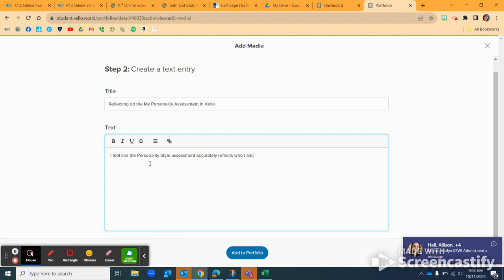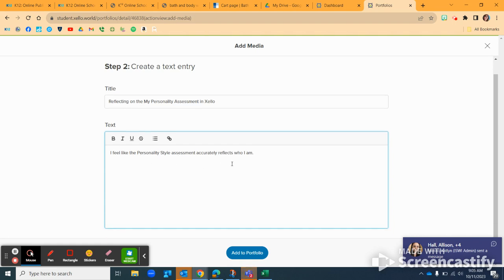I'll just put that. It reflects who I am. I forgot already what it said, but I know one of the things was the fact that it stated I am creative. It feels very much like the assessment